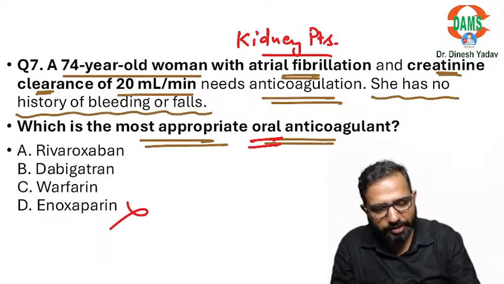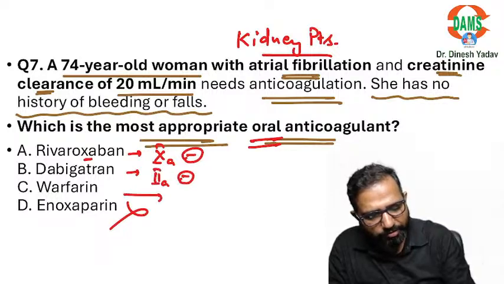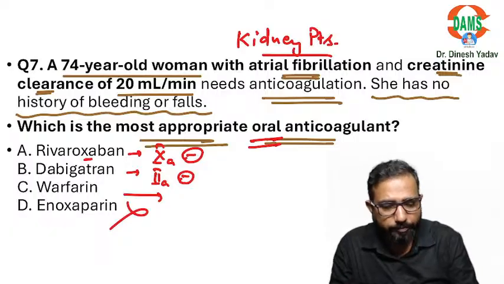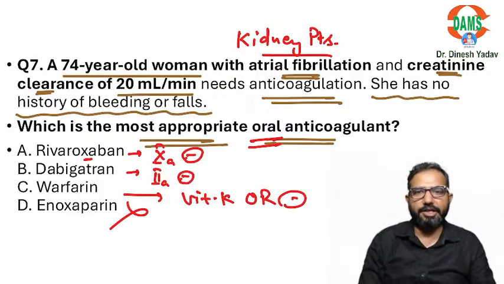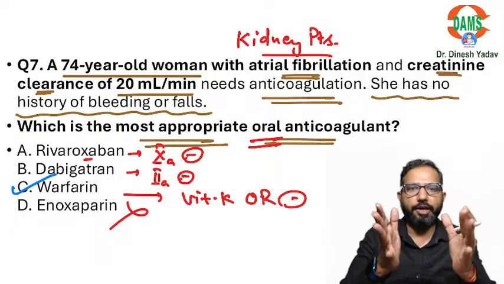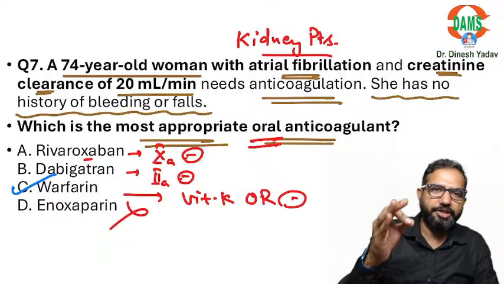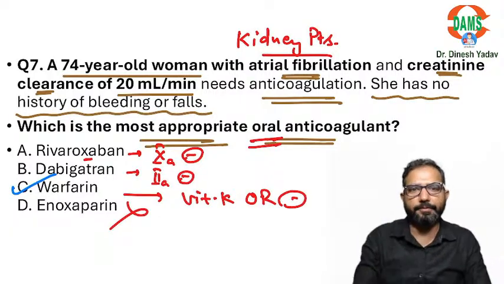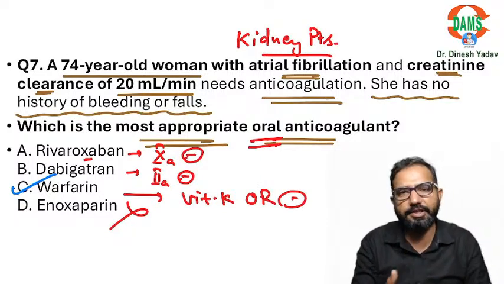Yes, tell me, bachcho. So can we use rivaroxaban, which is the 10th A inhibitor? Can we use dabigatran, which is the 2nd A inhibitor? Can we use warfarin, that is the conventional older anticoagulant, or you can say the vitamin K oxidoreductase inhibitor? So what is the correct answer out of these which is safe in the kidney patient? Out of these, the safe in the kidney patient is warfarin. Rivaroxaban, dabigatran is not safe in kidney patient. If low creatinine clearance, warfarin is the safest option. You know, warfarin is metabolized in the liver. So warfarin is the safest in these patients.